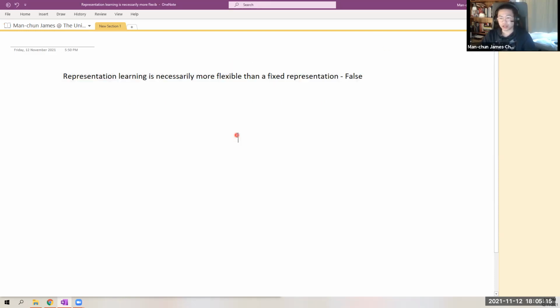Especially because in representation learning, you're learning how you represent your data set, so you can learn more complex ways of representing it. So why is this false? It's very simple. Because in representation learning, you also need to learn the number of representations. If we think about a neural network, which is the simplest,